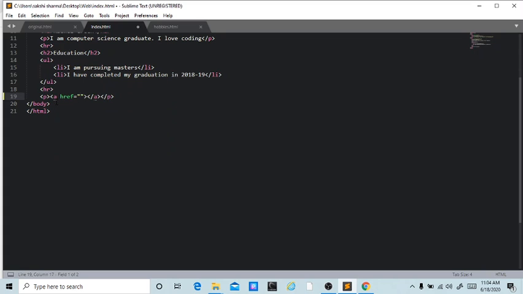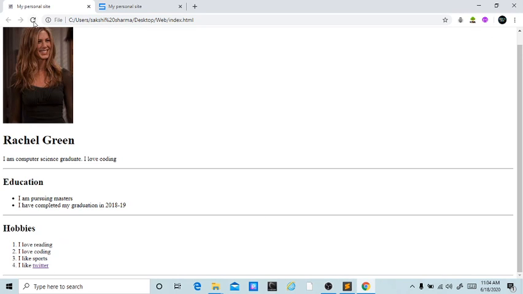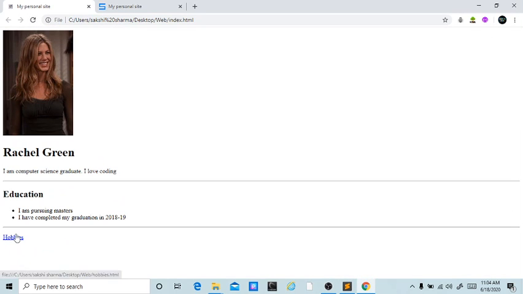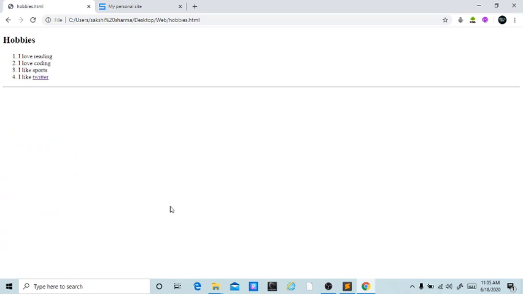So we'll be writing the name of the file and its location is same as index.html, so we'll not bother with the location, but just do check the spelling of the file because a little bit of mistake can create a problem. And let's save and refresh. Here you can see the link. If I click on it, we can see this page.